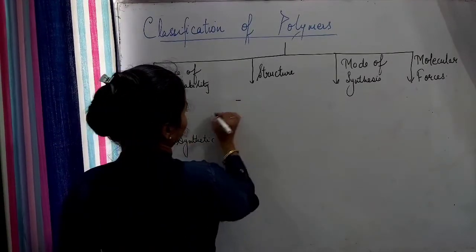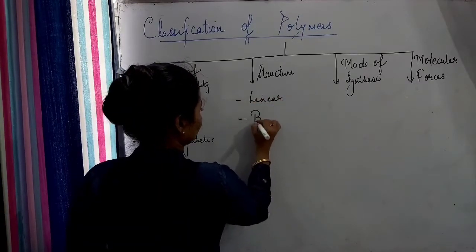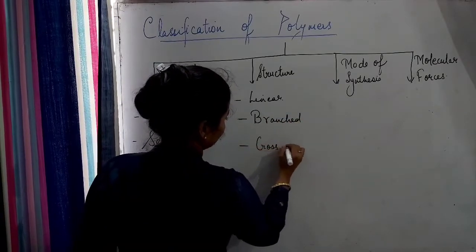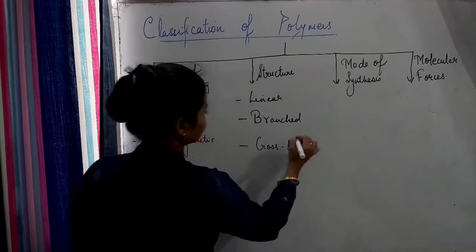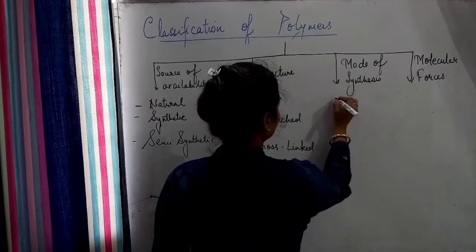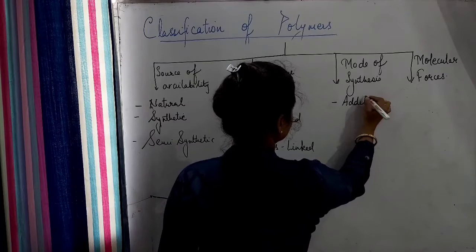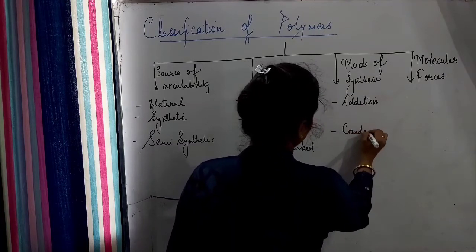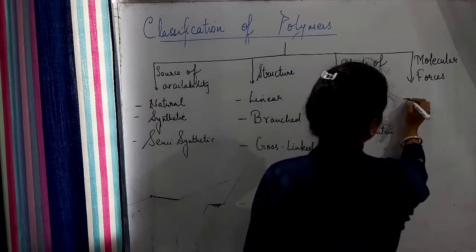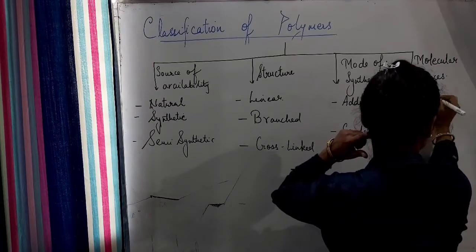On the basis of structure, linear polymers, branched polymers, and the third one is cross-linked polymers. Okay. Then on the basis of mode of synthesis, addition polymers and condensation polymers. Okay. And on the basis of molecular forces, they are fibers,